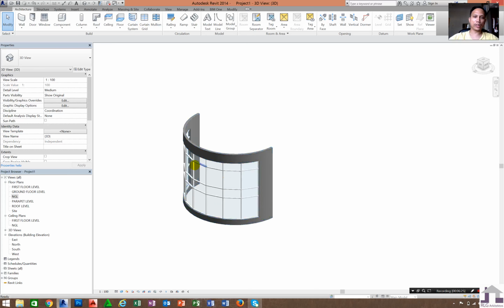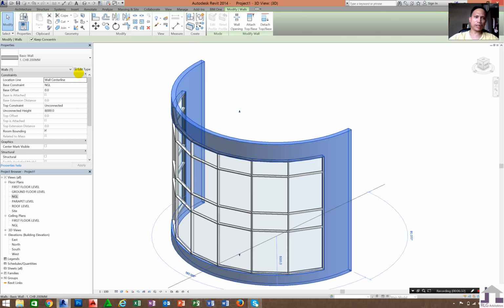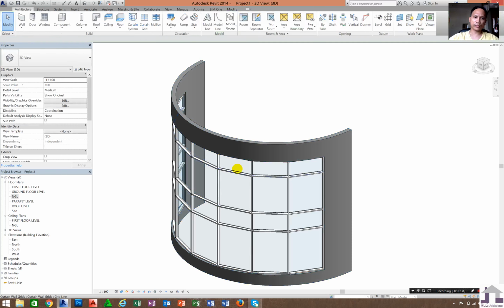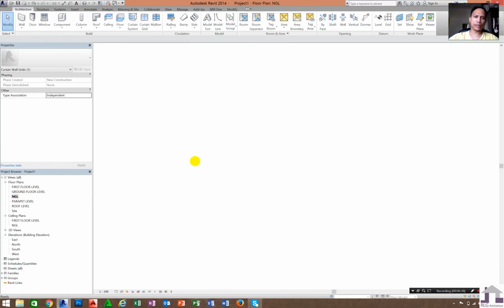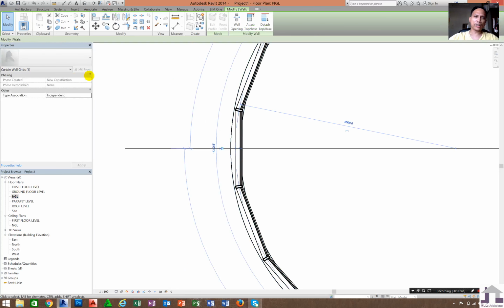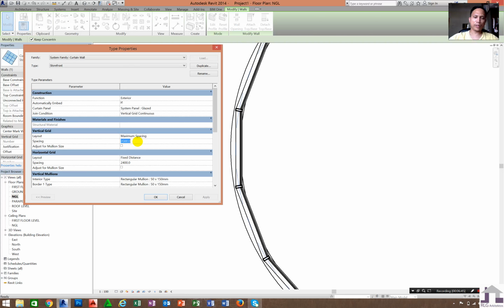So you just check that one, because sometimes if I click this part, the curtain wall system, and I go to NGL, your default here may be bigger, like 3,000 or more.